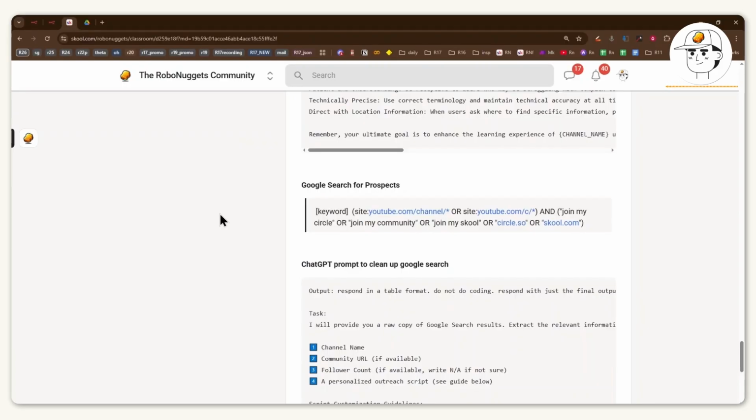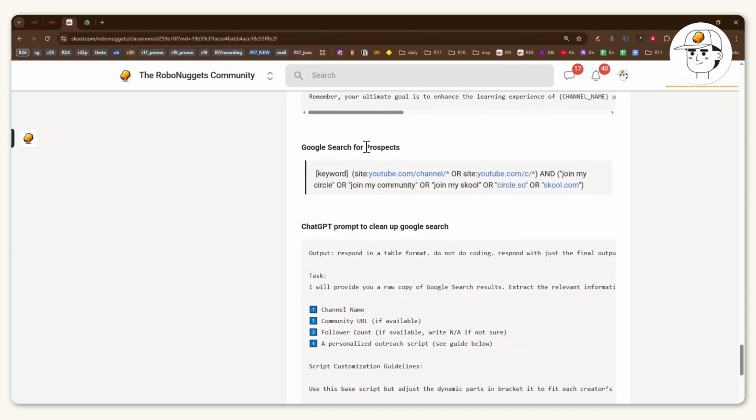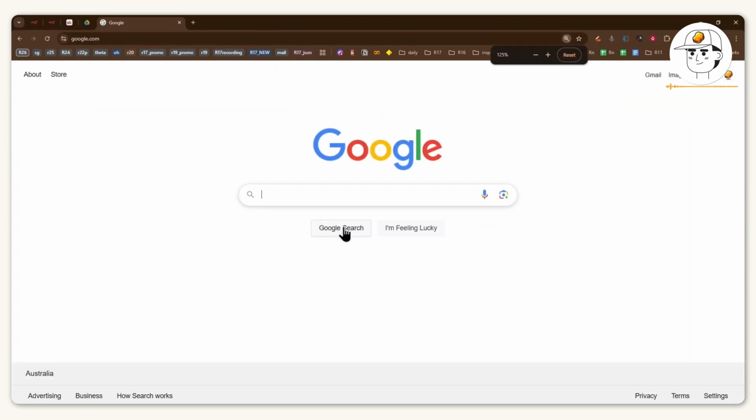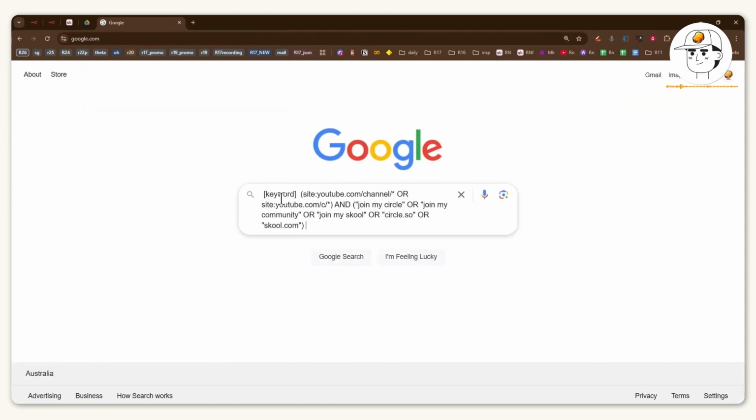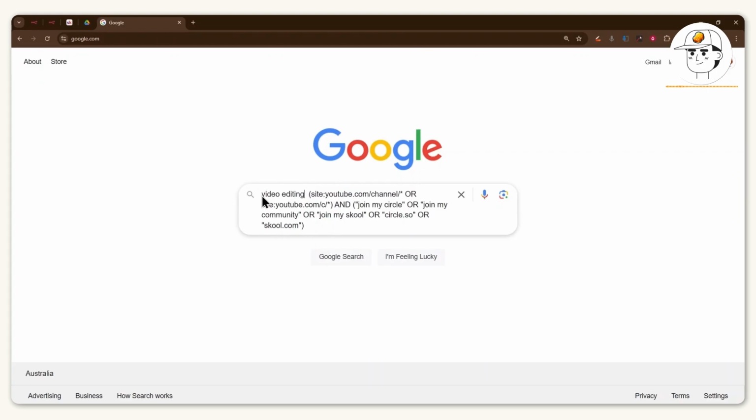And the first thing you need in that process is to first look for prospects that you can offer this to. A simple method that you can use is to just copy this snippet in our community. And if you go to Google, you can just paste that in and replace this keyword with whatever you want. So for example, if I'm looking for communities about video editing, and if I just search that,